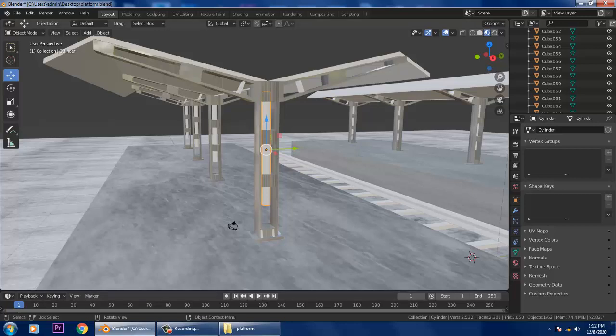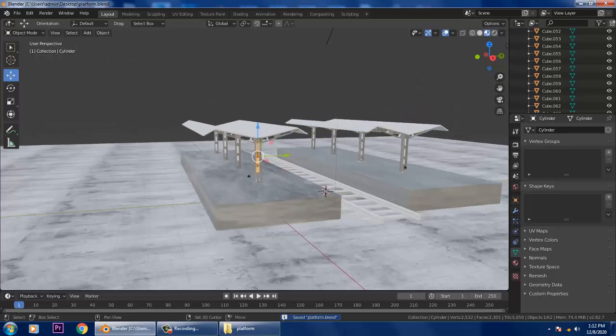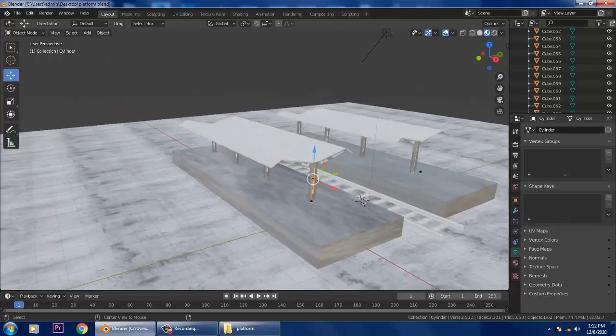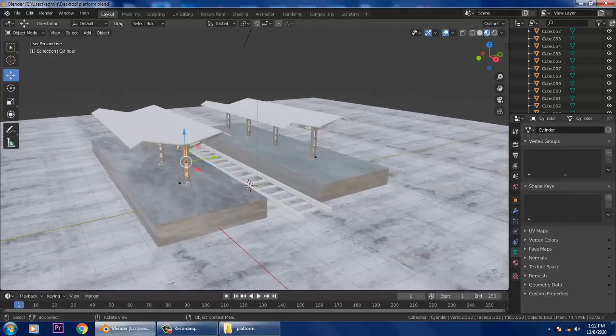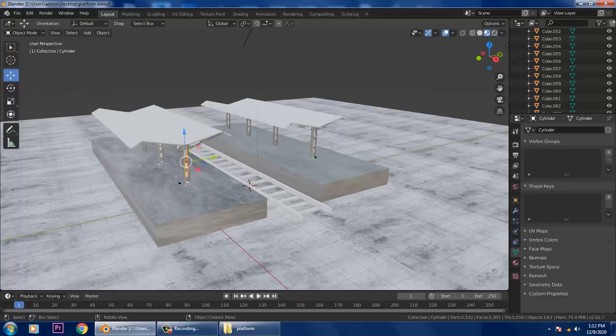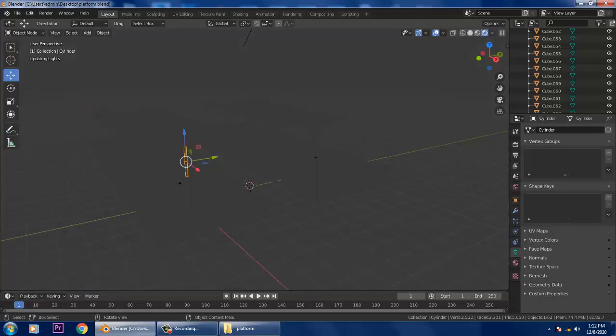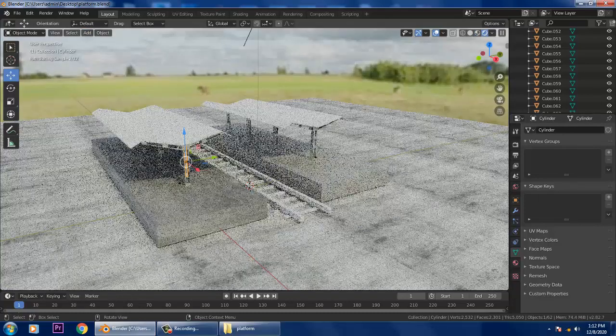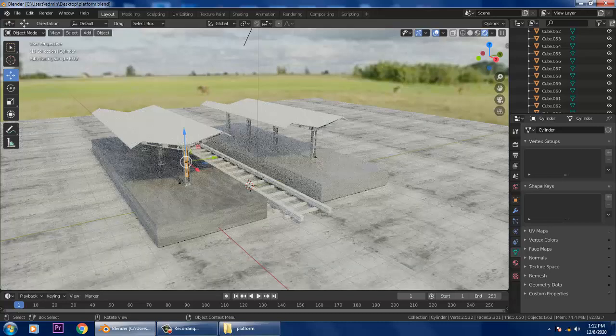So save your file again over here, and if you want, I'll just add one basic light. How can we add a light? For adding a light, I can just go into Add, then Light. First of all, you can see we have added an HDRI over here. Now we can add a light. I'll show you.